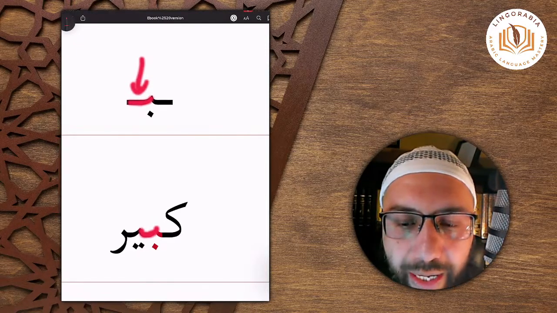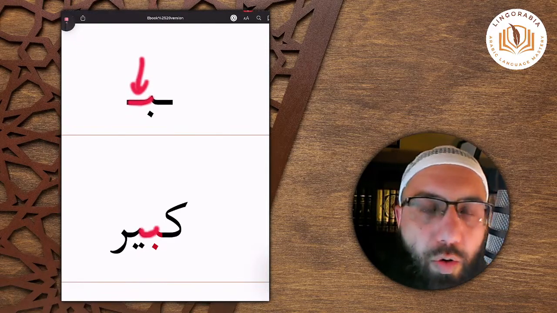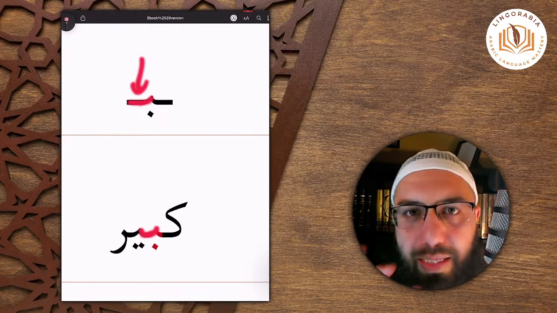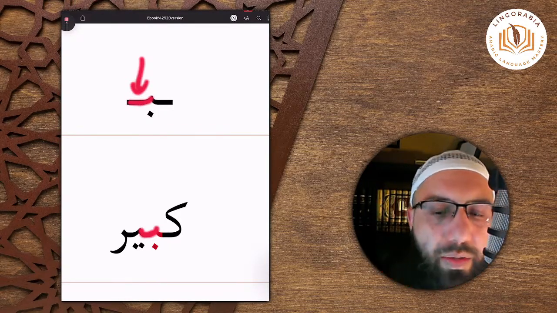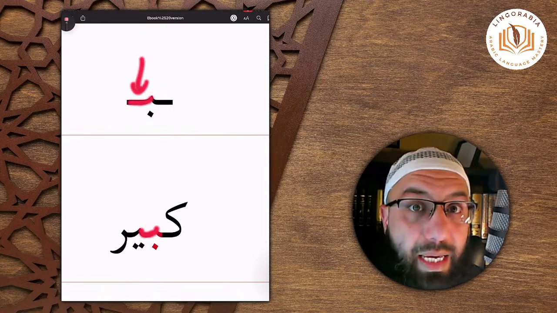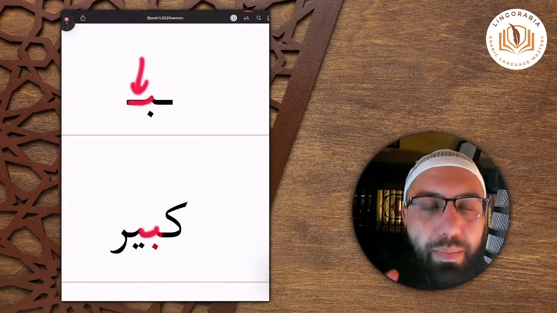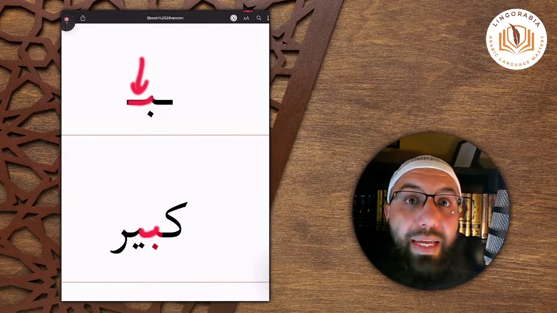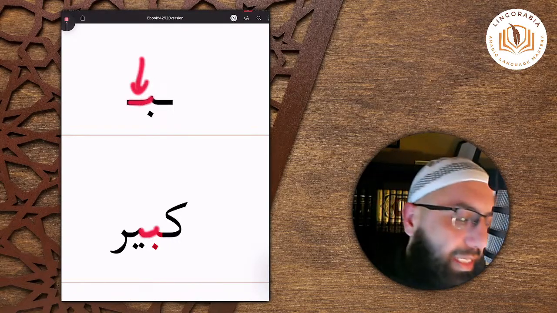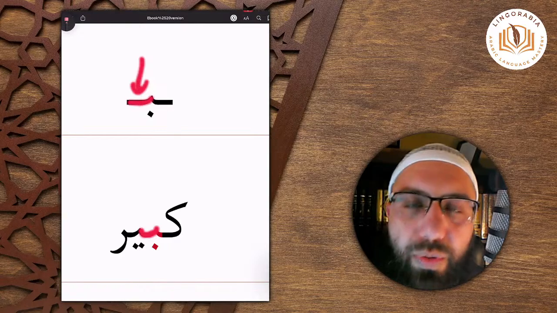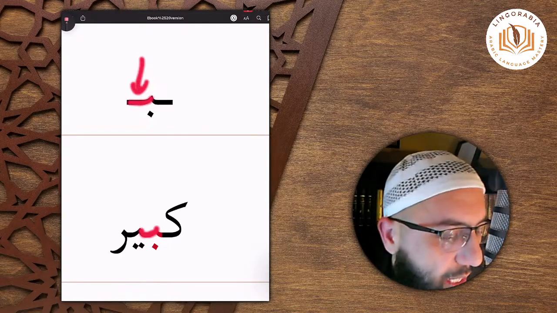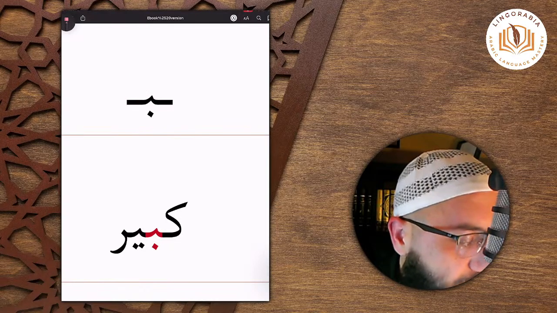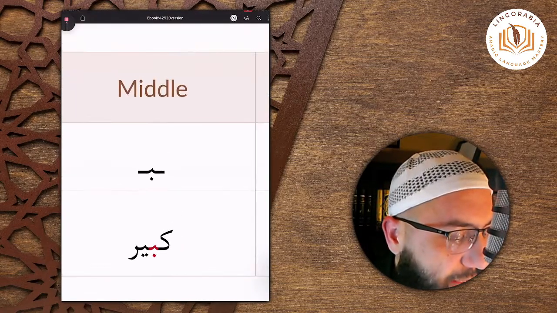This is how it will look in the middle of a word. It's very similar to the beginning. You see, it becomes considerably smaller, like in the beginning. The curve becomes smaller because you have to connect it on both sides. If you write the ba very big, this will be problematic for the script. So that's why it becomes smaller, also in the middle of the word. And then at the end,